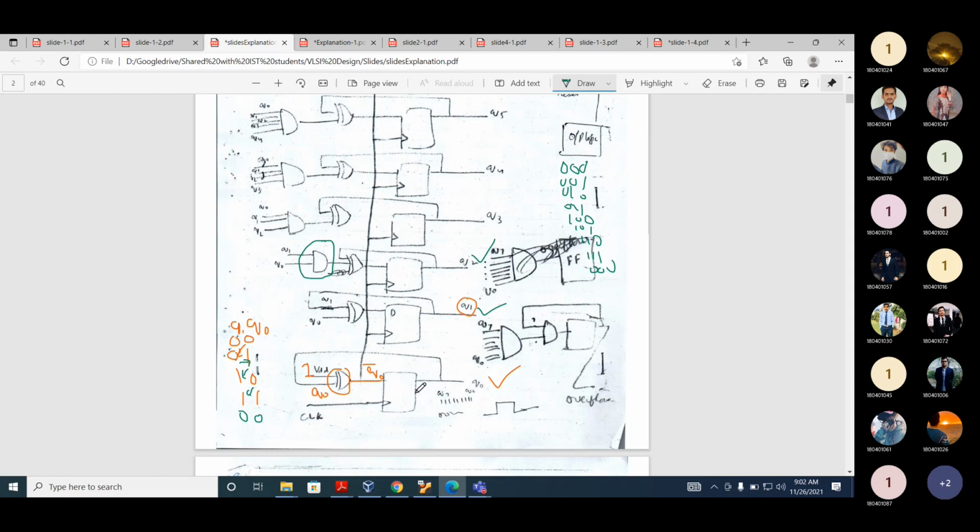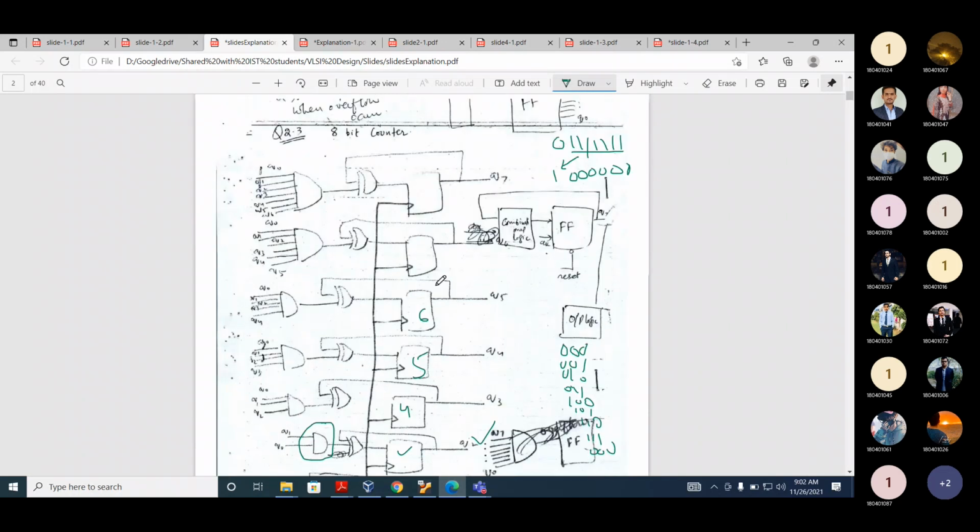If you look here, flip-flop 1, 2, 3, 4, 5, 6, 7, 8. We're using 8 flip-flops. So it means how many macro cells do we need? 8 macro cells.